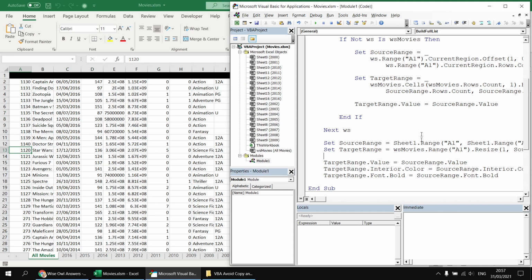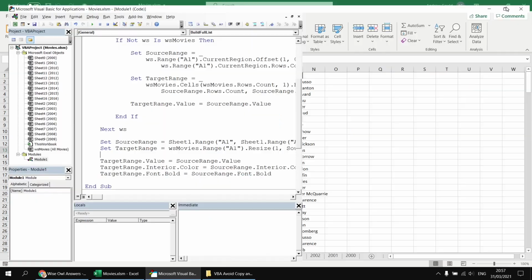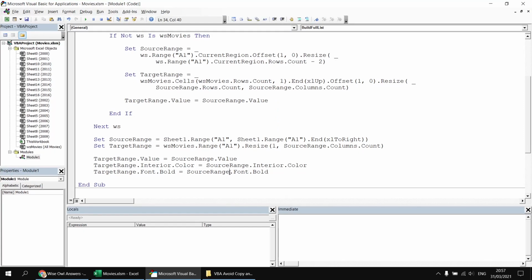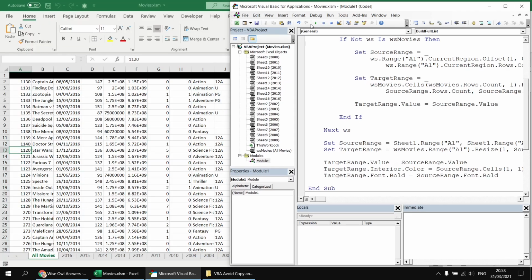So if you're worried that you might have multiple different coloured cells and you want to maintain a consistent cell colour for your column headings, then you can make sure that you refer to just one single cell in the source range. So find where we've referenced source range.interior.colour, and in here we can say source range.cells, open some round brackets, 1, 1. So the first row and the first column of the source range will refer to that just one single cell. So having done that, we can run the subroutine again, and now we get back to the